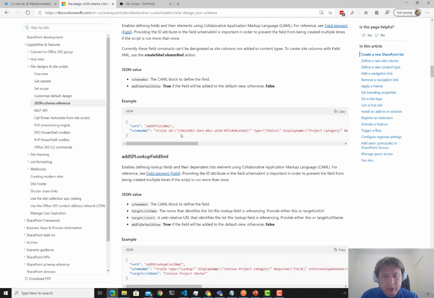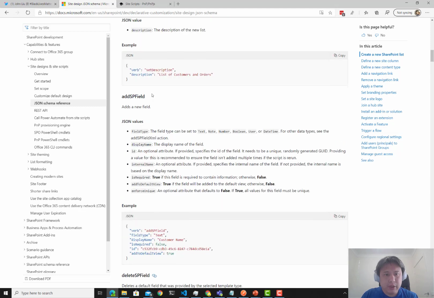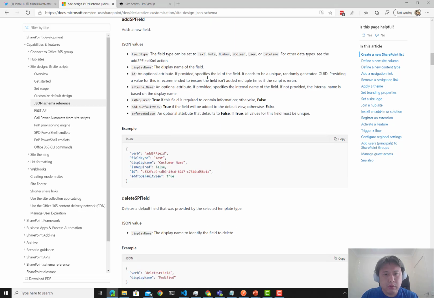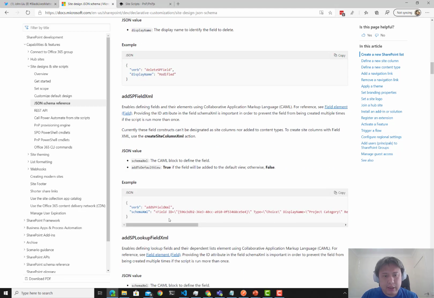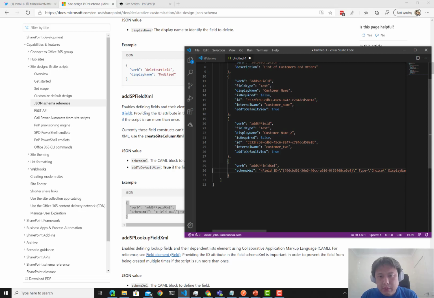Oh, there's the example of an XML. Okay, so the XML field type is for field types that are not available in the simple form using the add SP field. And the example here they have is the choice field, of course. So okay, let's just copy that bit as well. And we're just gonna have a quick look. So this is the old SharePoint days where we use